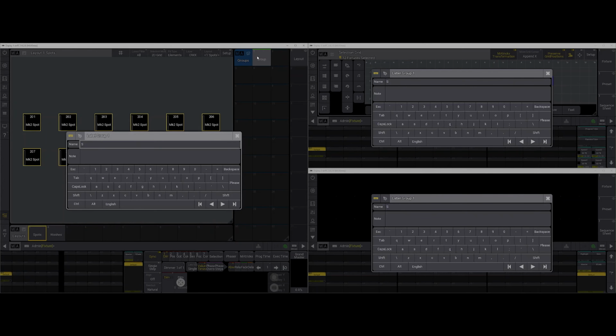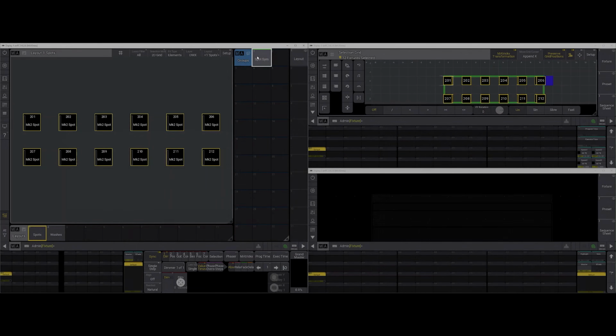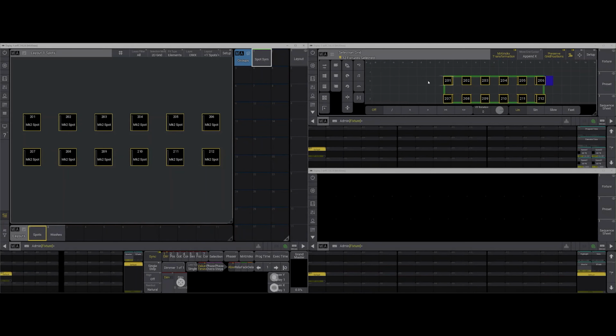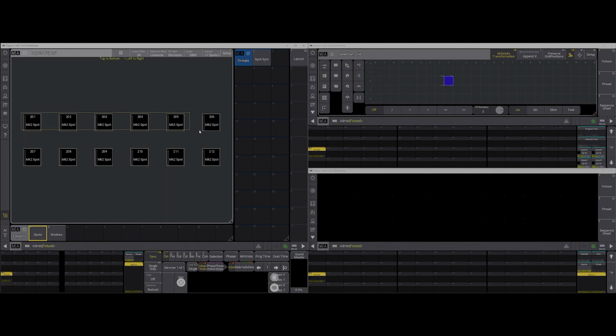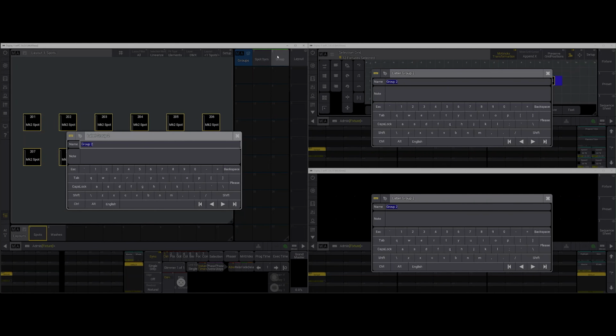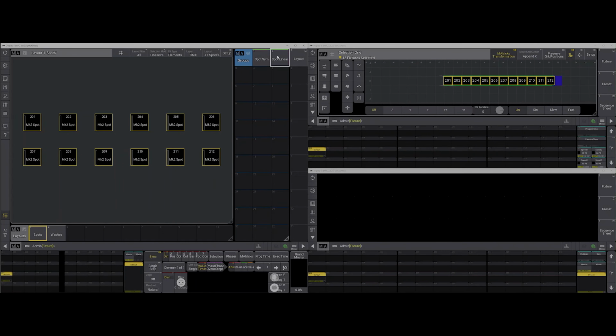And I would call this spot SYM for symmetrical. So when I'm trying to do symmetrical effects, I can grab that one. And then you can also do a, let me actually clear the programmer there, and then we can do another selection of spot linear. You kind of get the idea, but this is super important to take advantage of